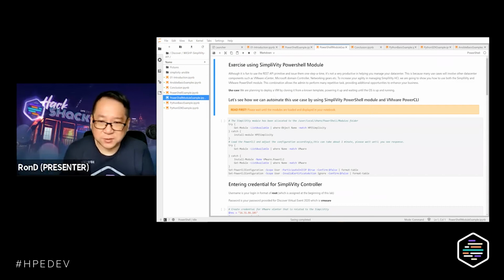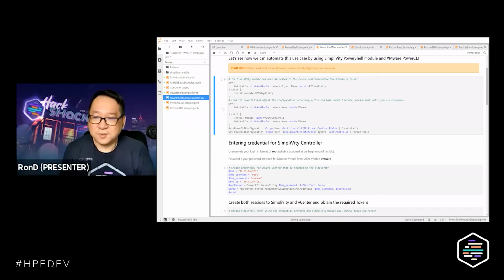In lab number 2, we will see what I use. I'll be honest, I actually do automation in my life. In fact, I've got a couple of videos on YouTube about the automation I did using PowerShell. Go ahead and take a look at it. Google HPE SimpliVity REST API. I have a couple of videos that show how I automate the data center that I manage for the purpose of labs and demos. All those things have to be set up in a certain manner, and then I automate them, and you can see the benefit of it.